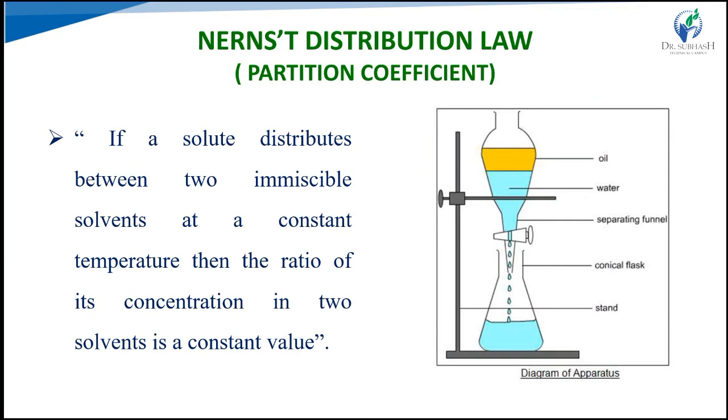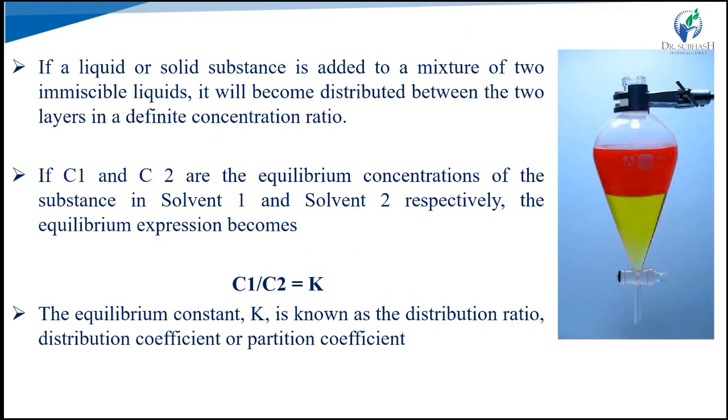That is also a statement of the Nernst distribution law. If a liquid or solute, or an excess of solid, is added to a mixture of two immiscible liquids, it will distribute